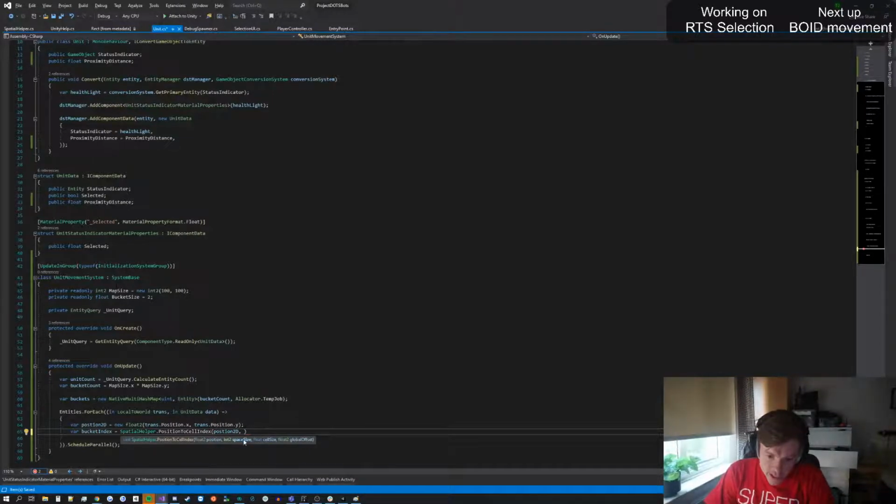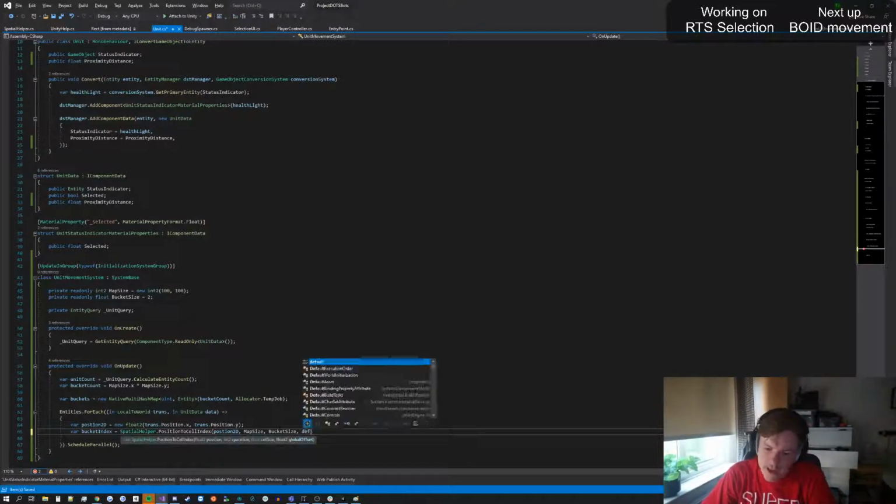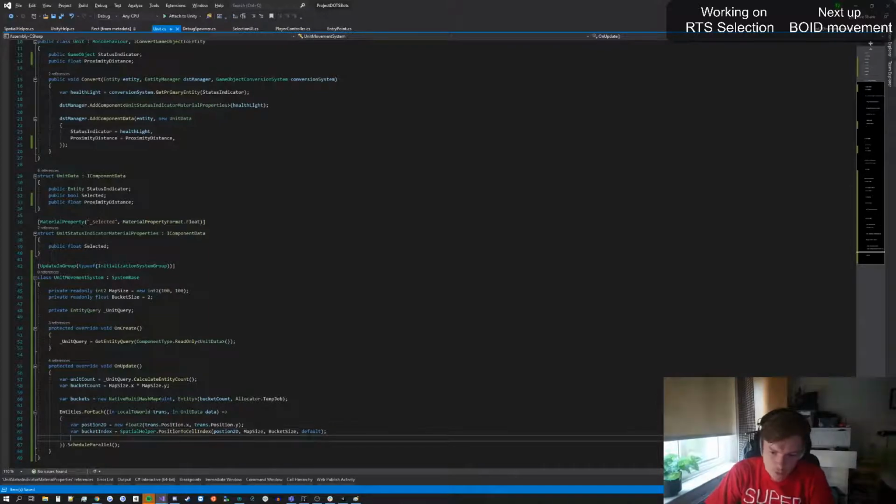And then we say the space size, which is the map size, how many buckets we have, how big each bucket is, and then the global offset. And this basically means that if you are not centered around the center point of the map, then you can have the whole bucket set moved over globally in the world. But this can be just default. That means 0, 0. It just generates the default float 2 variable here, which will be 0, 0. So we are on the middle of the map. So now we have the bucket index,